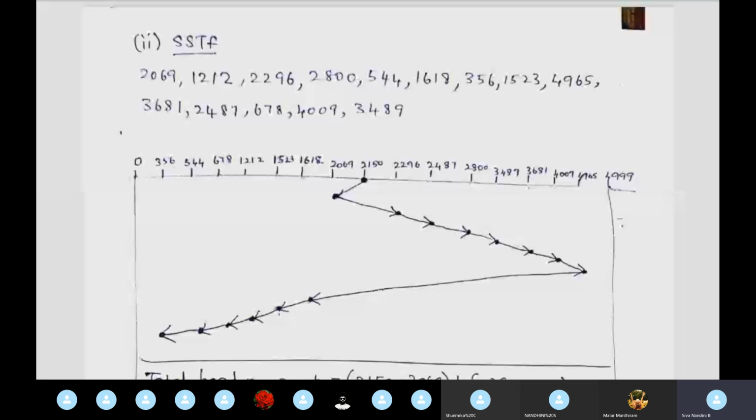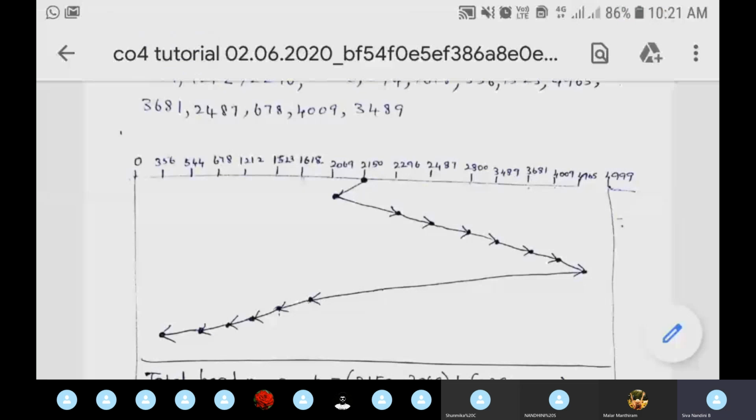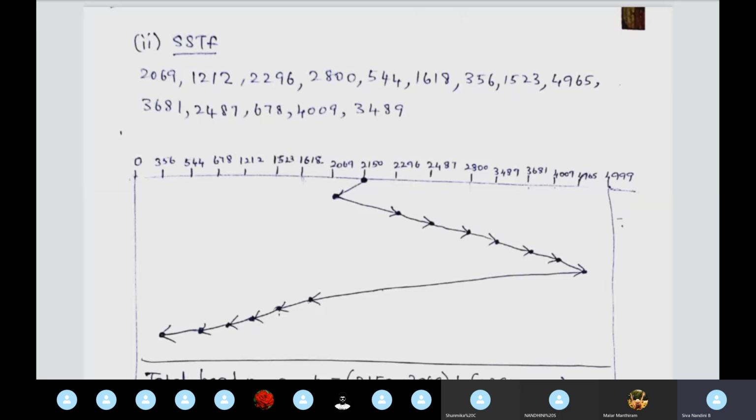So everyone listen carefully. You might have known all these things, but listen to this carefully. So in between I may say some key points and all. Okay. So everyone listen. So for this shortest seek time first algorithm, how will we be performing? We'll be looking for the shortest seek time from the current head position. So what is the current head position? 2150. So in the problem in the same way, from 0 to 4999 we will be drawing.